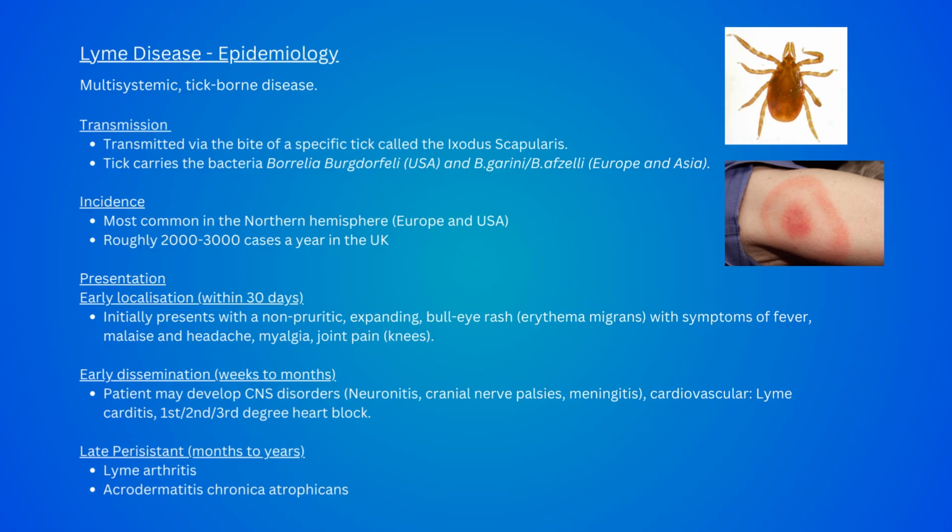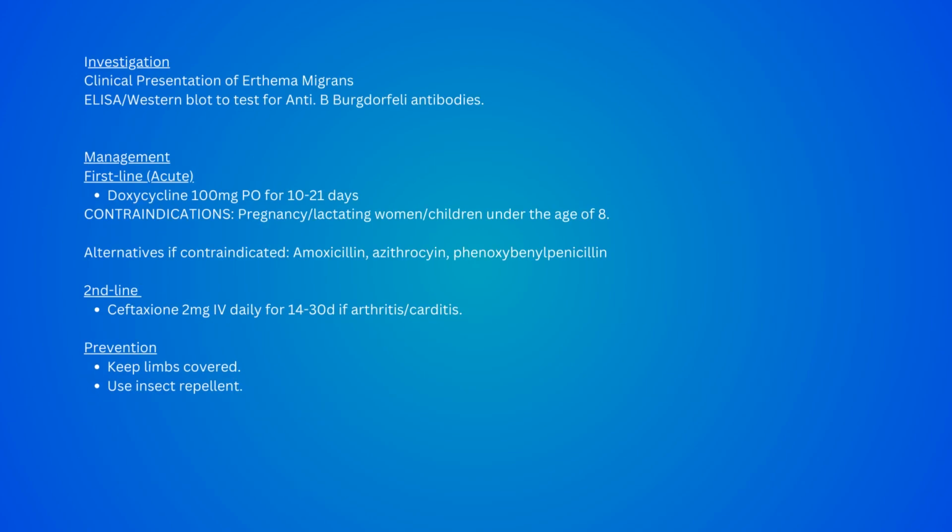If this still persists within the next months and years, this can then progress into very serious Lyme arthritis and acrodermatitis chronica atrophicans. To investigate further, we would look for very clear clinical signs, such as the erythema migrans, the bullseye rash, and do serology to test for the Borrelia burgdorferi antibodies. First line treatment of Lyme disease would be to give antibiotics such as doxycycline, typically 100 milligrams once